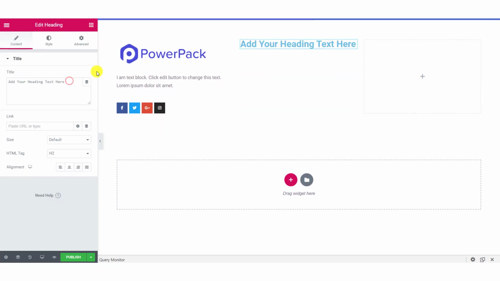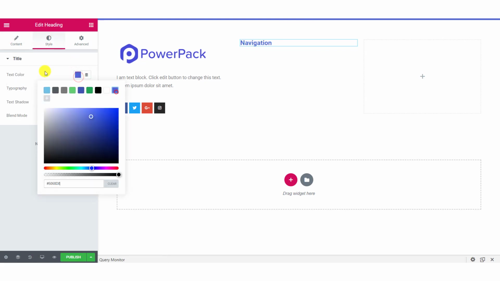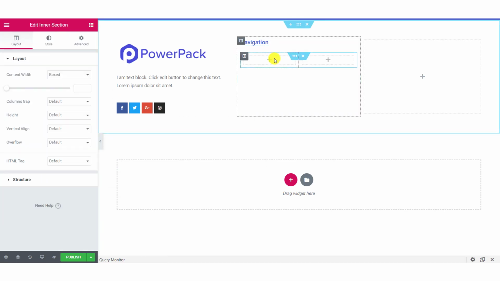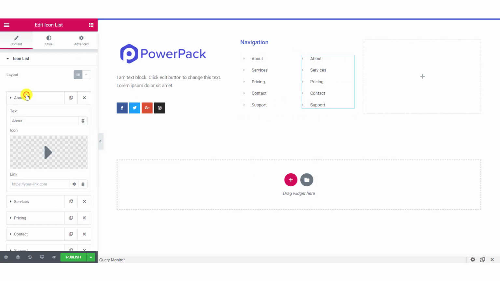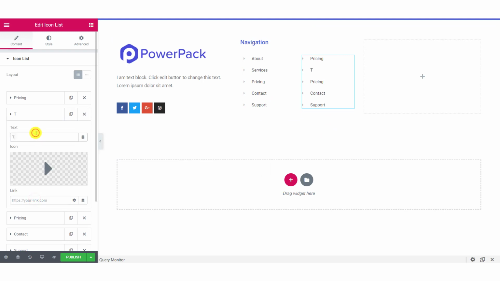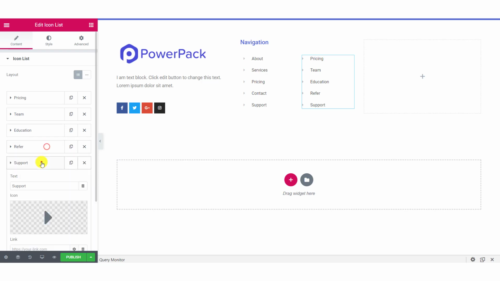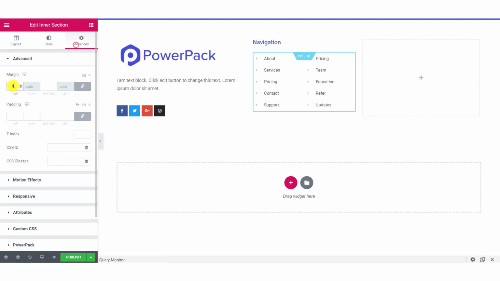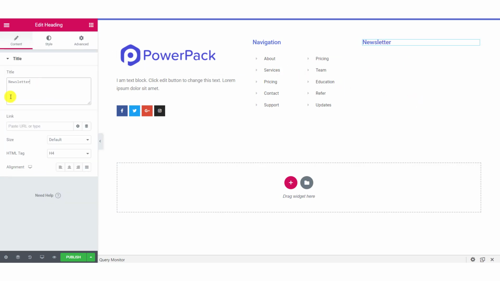Now in the second column, we have added a heading and 2 icon lists with links to respective pages. And lastly, in the third column, we are adding a heading and a newsletter form.